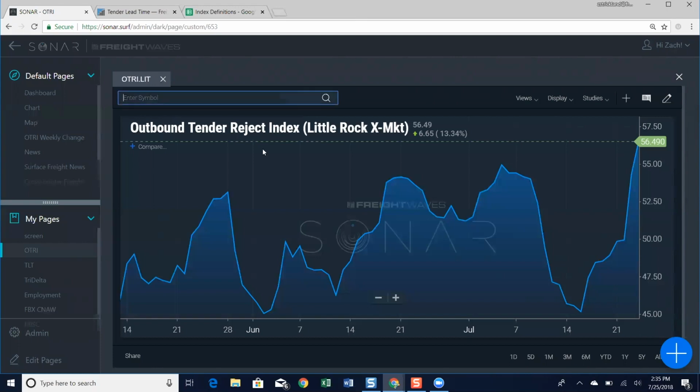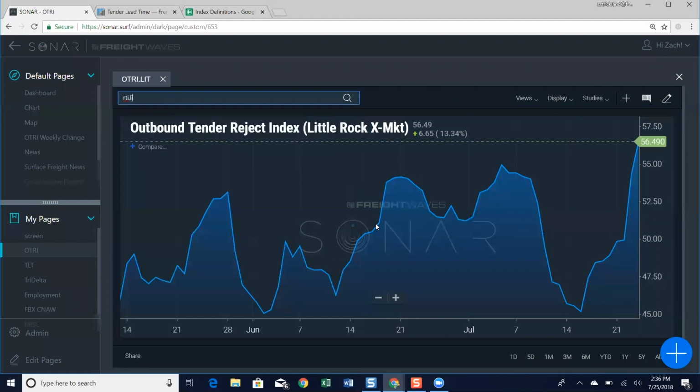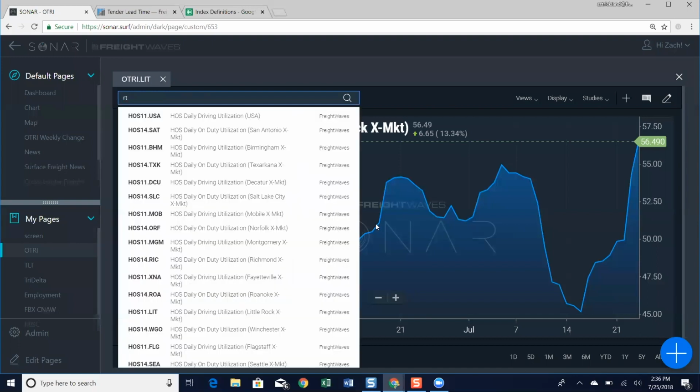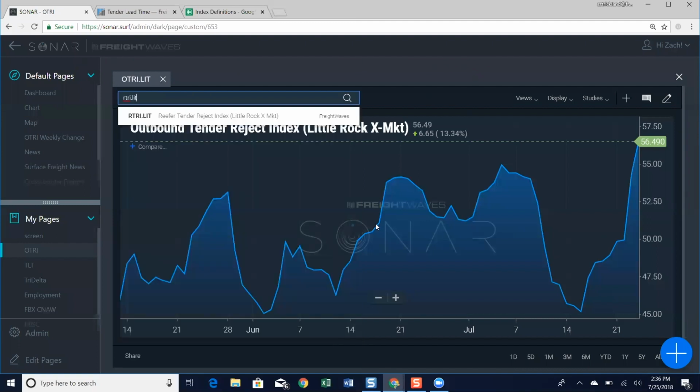And the next step of this is what other things can I figure out from SONAR that's going to lead me down the path. So one of the things that we have in here is the tender rejection index based on equipment type, or trailer type, I should say. So we have OTRI or RTRI. And when I pull the RTRI up, which is the Reefer Trailer Tender Rejection Index for Little Rock,